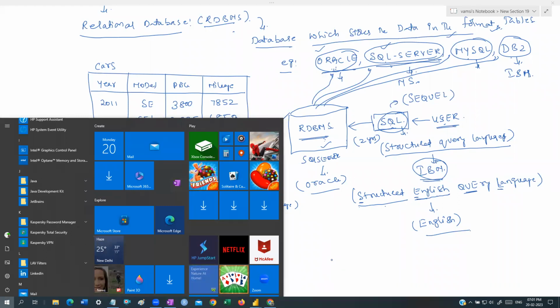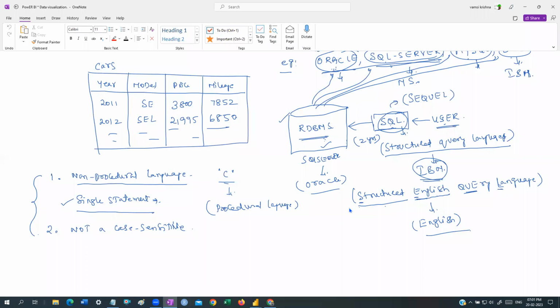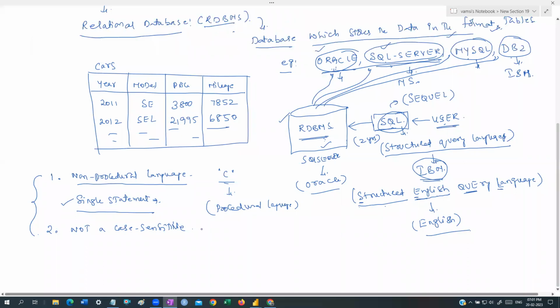Only a very lightweight version will be installed. Next class, I'll do the installation, guys. Anyhow, I'll share the software with you also. But let me tell you, we are going to install the latest version of SQL Server, which is Microsoft SQL Server 2022. This is the version we are going to be installing, guys.